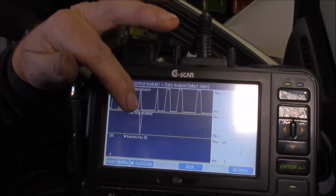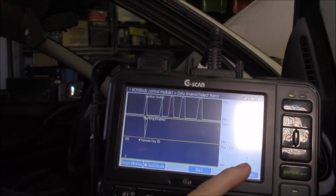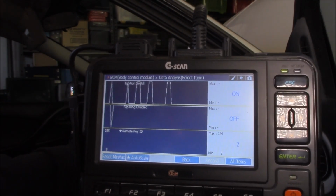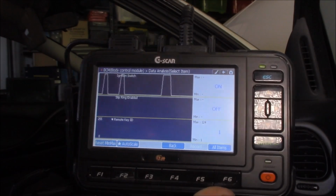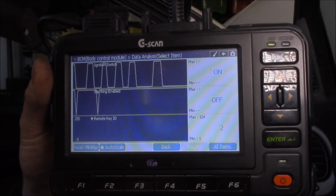So the slip ring is coming up. It doesn't always come up, but it's got a good clear signal. Over here it's showing that the key is key number 2. I'll just try the wife's key and see what that comes up as. And that's now come up as number 1. So her key is identified correctly, there's no issue there. So you can see our slip ring is enabled over here, and I've just changed keys again, and everything seems